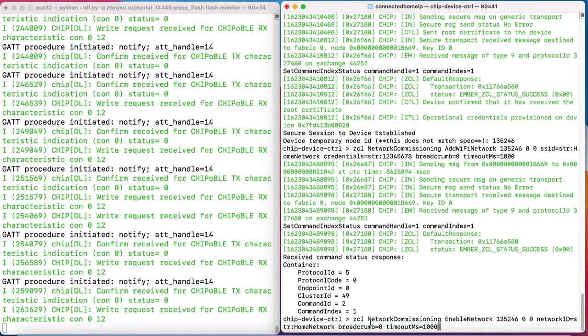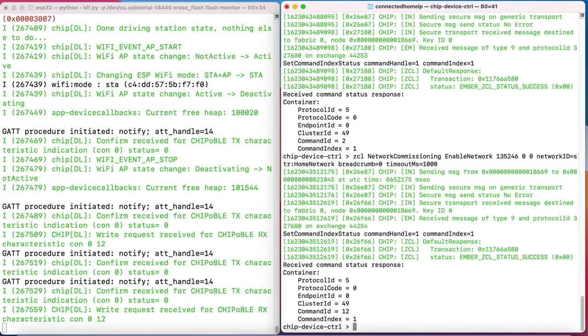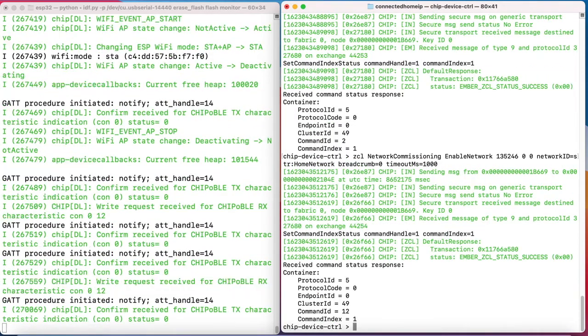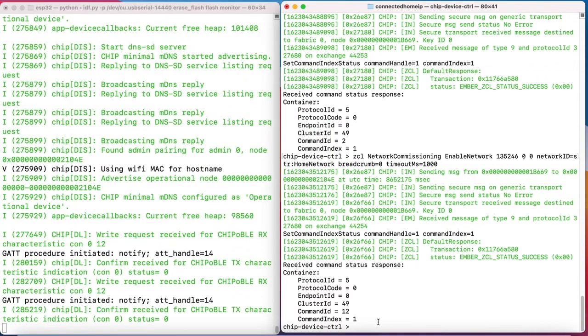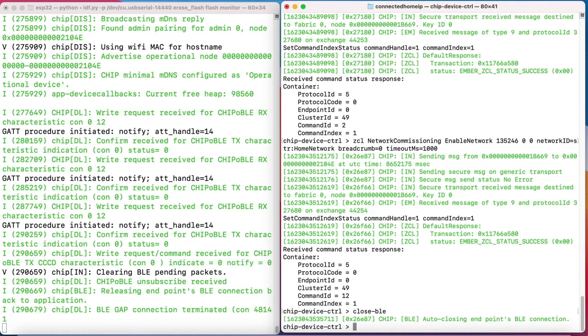And then enable the ESP32 to connect to it using the enable-wifi-network command. Close the BLE connection to the ESP32 as it is not required hereafter. Resolve the DNS-SD name and update the address of the node in the device controller.